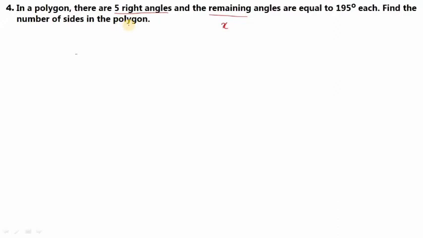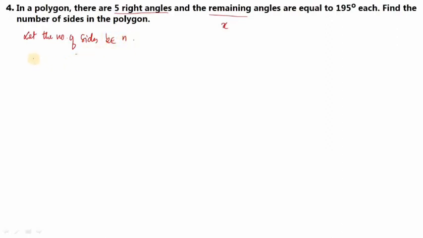Try to understand what is happening here. 5 right angles are there, and the remaining angles are equal to 195 degrees each. Let's say the number of sides is n. Then the sum of the interior angles